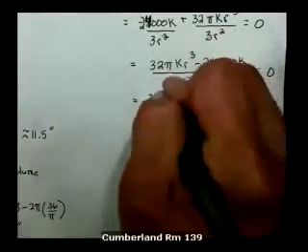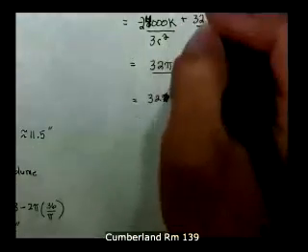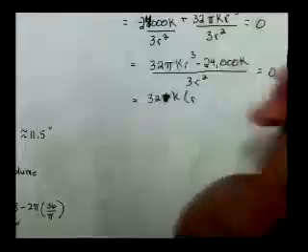Oh, the 24,000 doesn't have a pi in it. You can't factor out a pi. Oh, I can't factor out a pi. I can just factor out a 32k. And that will leave me a pi r cubed